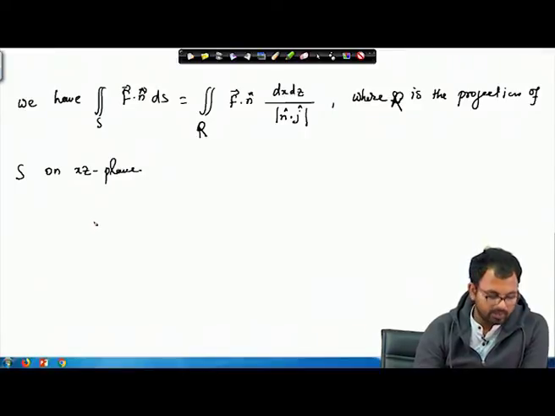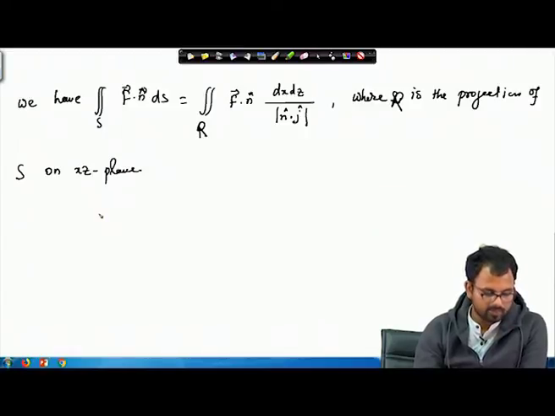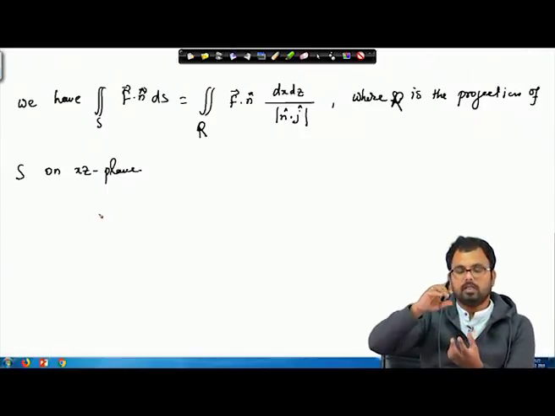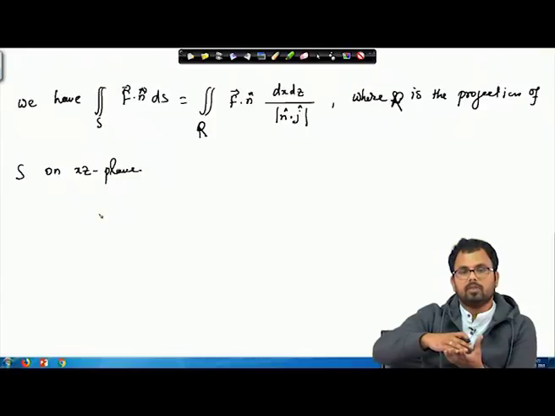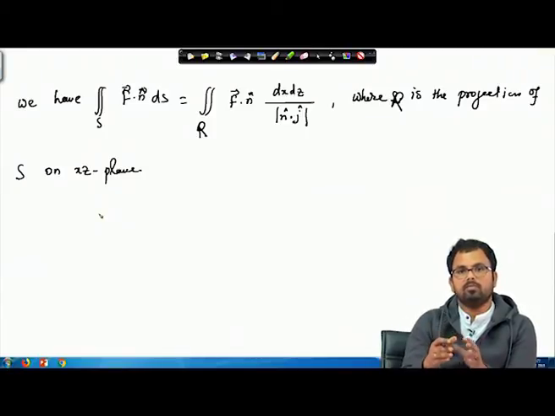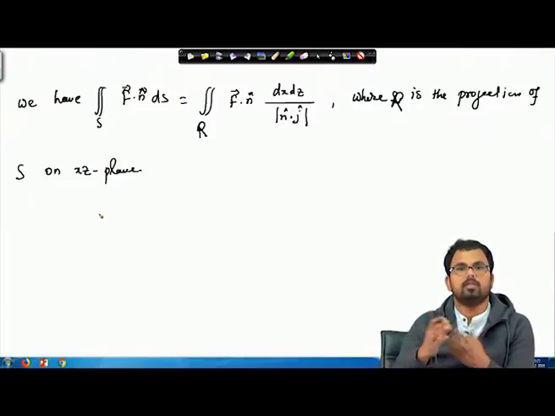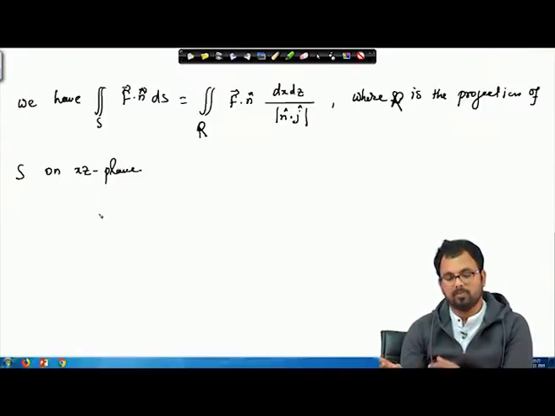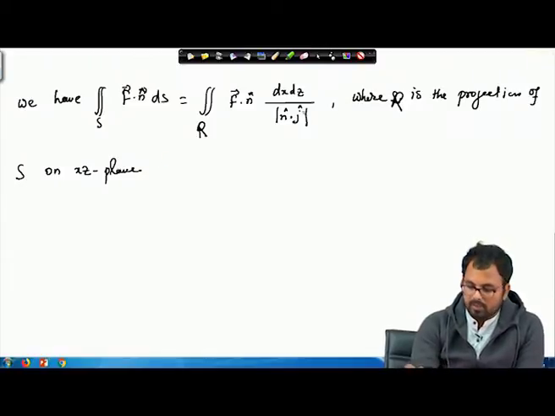and we cannot take the projection of S on the xy plane, as the surface S is perpendicular to the xy plane. So we simply cannot take the projection, since the cylinder is perpendicular to the xy plane. If we take the projection, then it will be just a circle. So I mean we exclude that cylinder part here. That is why we take the projection either on the xz plane or the yz plane. So that is that, and now our n is